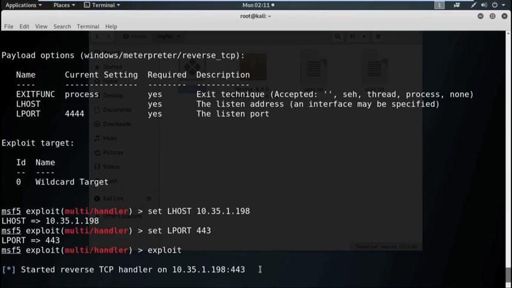Now, somehow we need to execute the exe file on the target machine. To do that, we need to use some kind of social engineering method. For the time being, I am simply using an HTTP server to deliver the executable file to the victim machine.